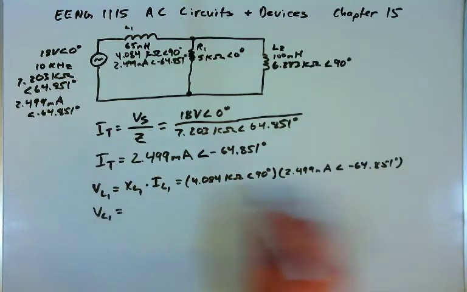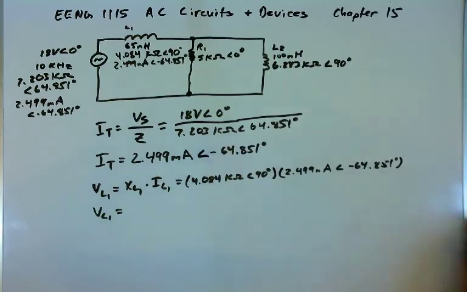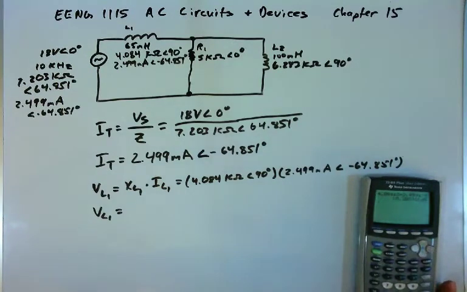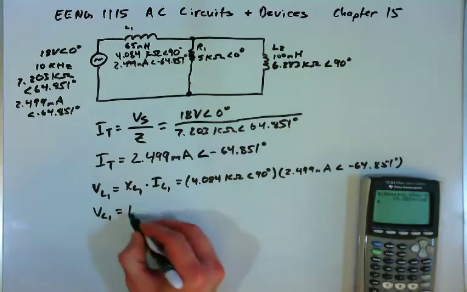And so we're multiplying. We will multiply the magnitudes and add the angles. And so you have 4.084 kilo times 2.499 milli, and we get 10.206